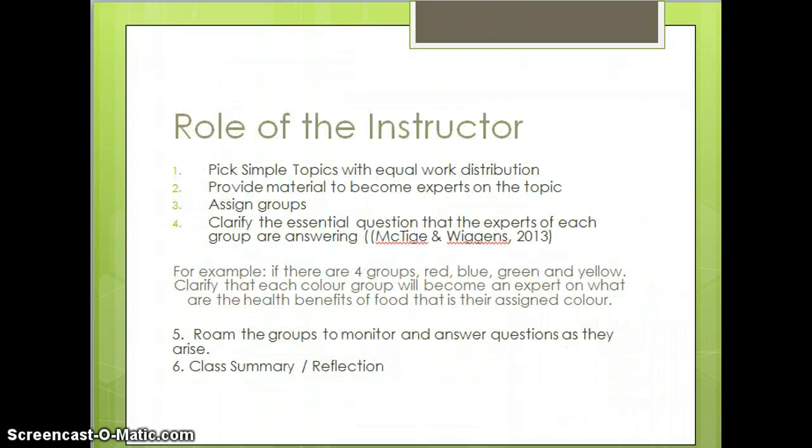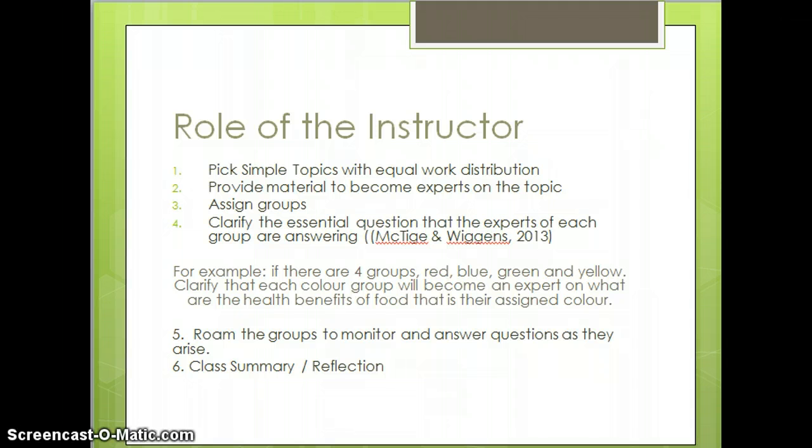The role of the instructor, although kind of taking a step back from a traditional instructor, is still really important because the instructor has to provide the guidance in terms of having a clear topic, having a clear essential question, and providing the material or background to the information that the learners are going to be becoming experts on. So learners can't become experts on an area that they don't have background information on. So it's really important for the instructor to provide that, whether it's in a handout or in a reading, and